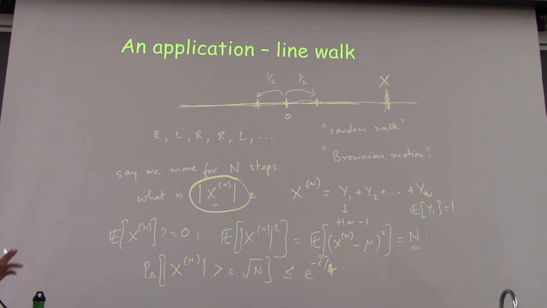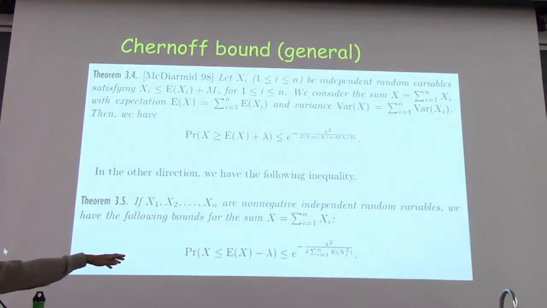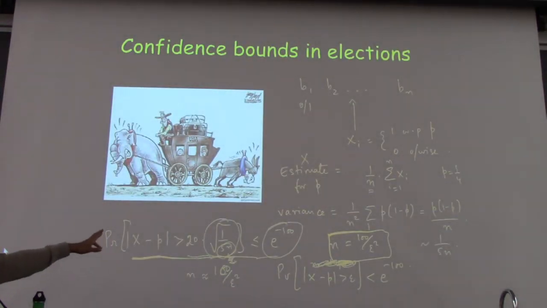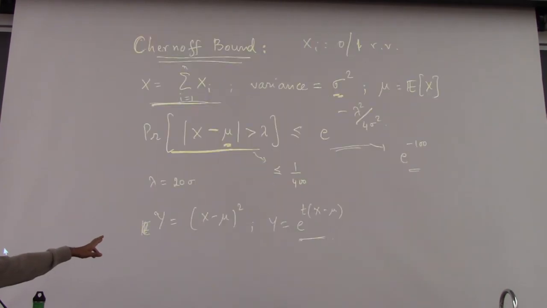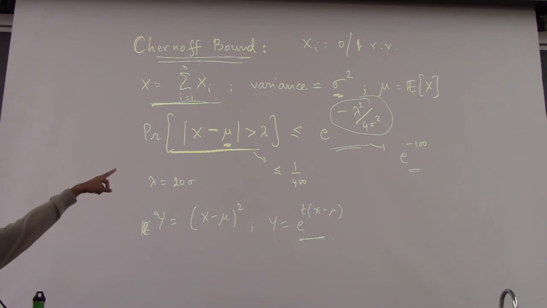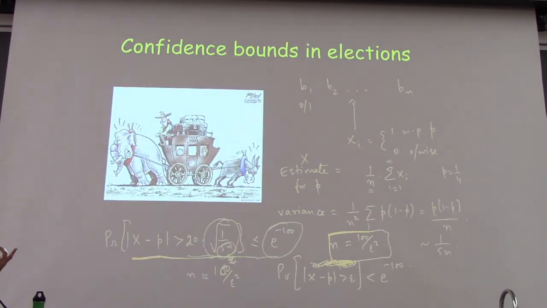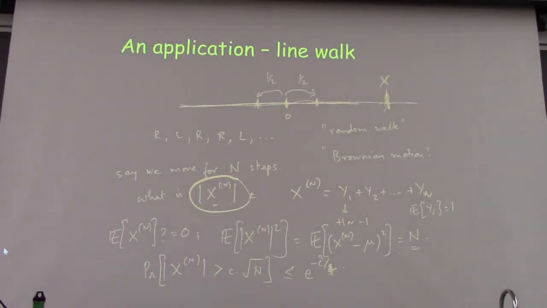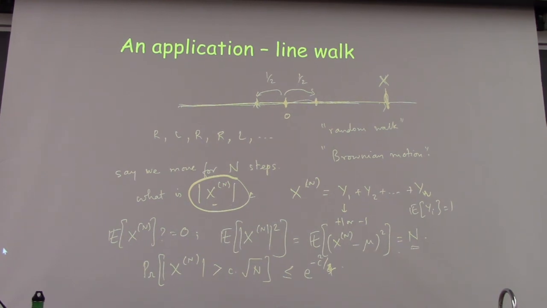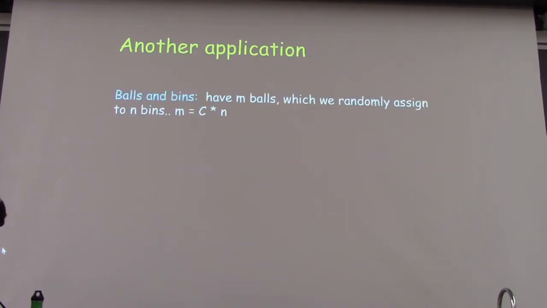So is this clear? So this is what we said would follow from Chernoff bounds, right? So the probability that your deviation is lambda away is e to the minus lambda squared divided by 4 sigma squared. And if you think of lambda as being a multiple of sigma, then lambda is like c sigma. So you get e to the minus c squared by 4. So this is an easy application.